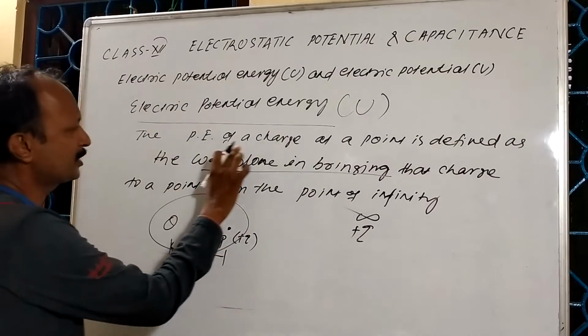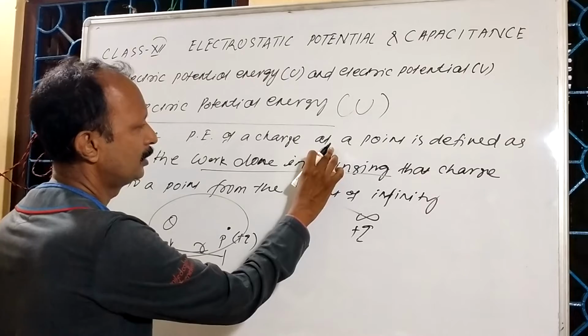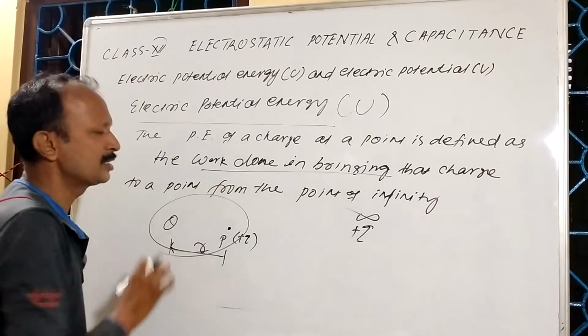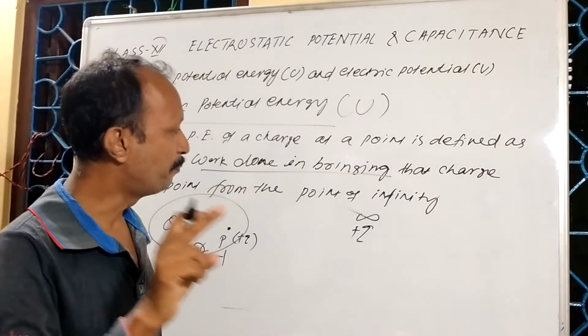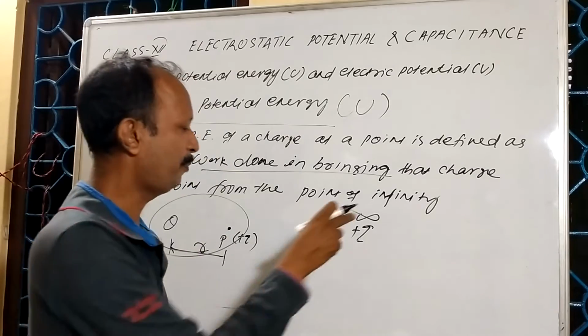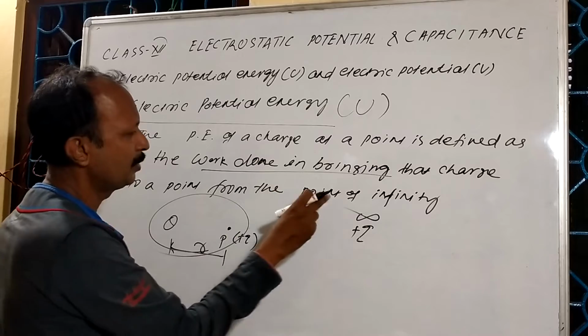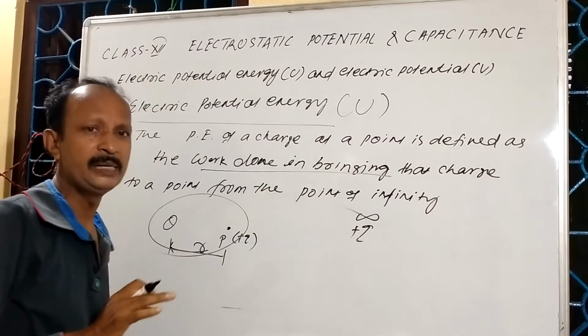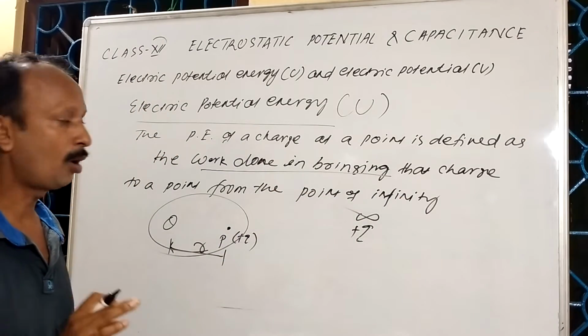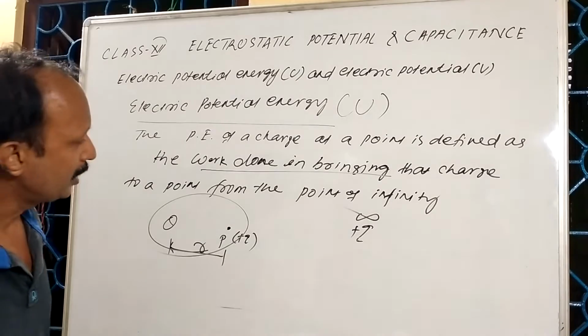So the potential energy of a charge at a point is defined as the work done in bringing that charge, that q charge, to a point from the point of infinity, and it is called the electric